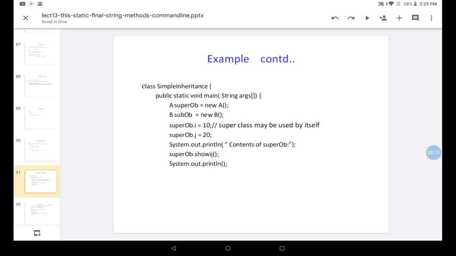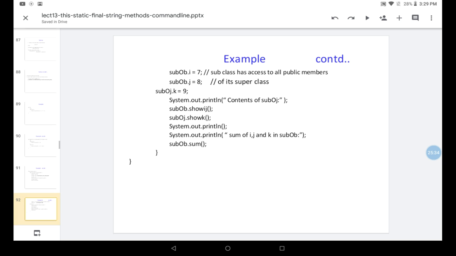We are not coming to the derived class yet. We are only initializing class A's i and j as 10 and 20, and calling the showij method, which will print the i and j values. Now we are creating another object, the subclass object, with i is 7, j is 8, and k is equal to 9. So we are printing the contents of the subOb.